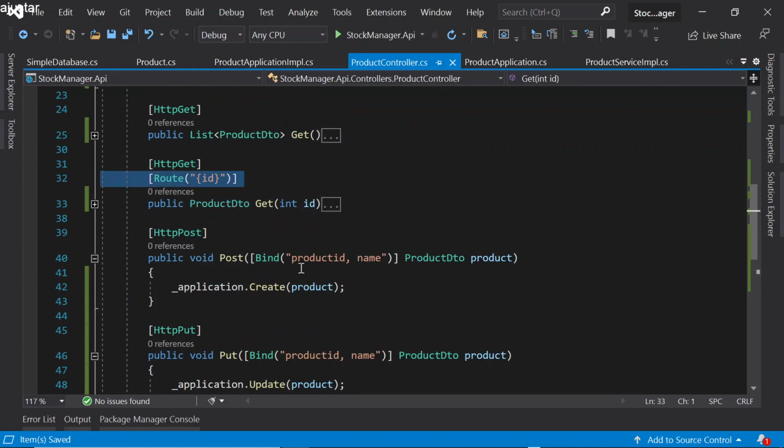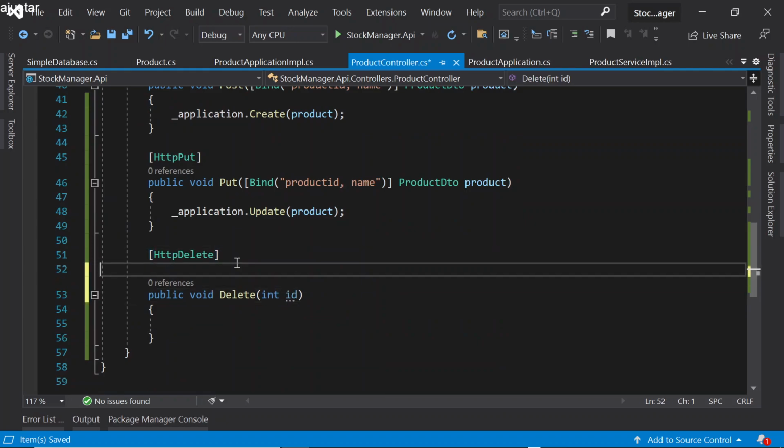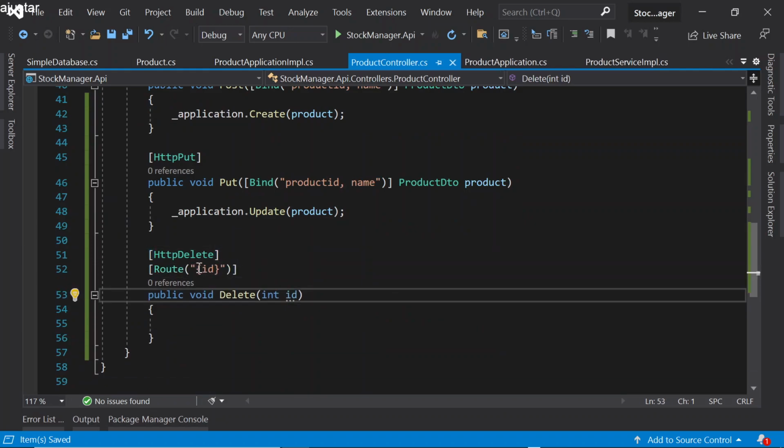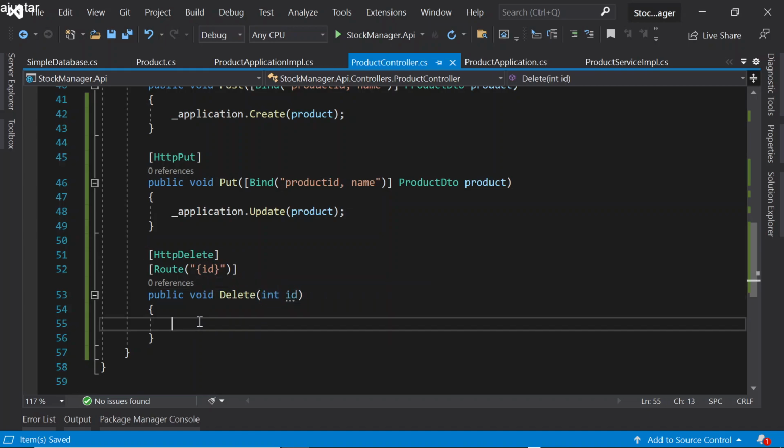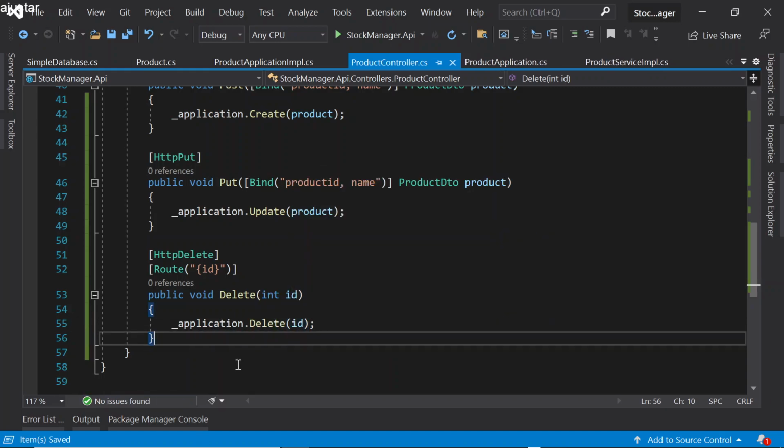We copy this information from my route because I need to pass this ID, and I call my application, look for the delete method and pass my ID parameter. So very simple,